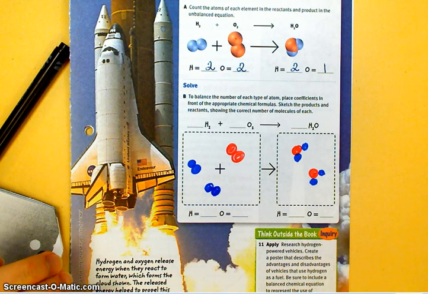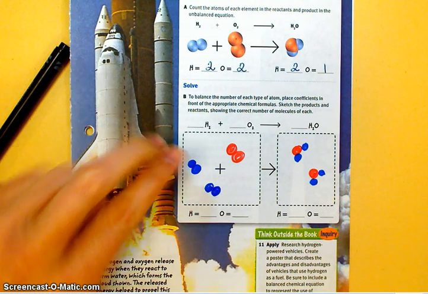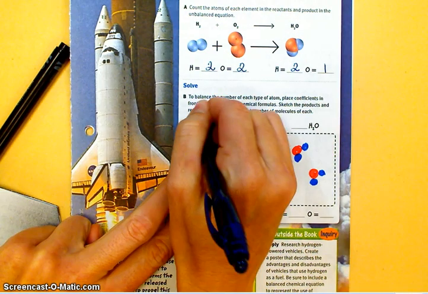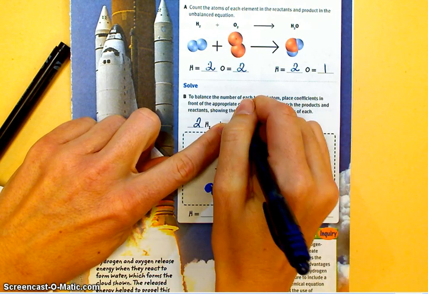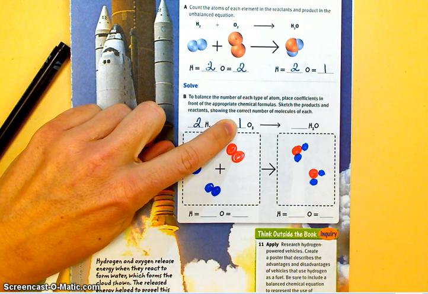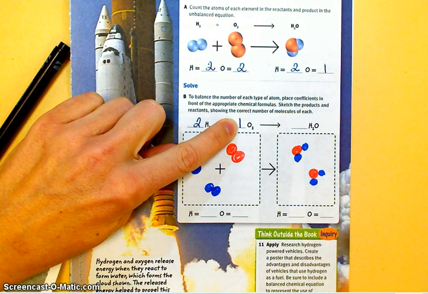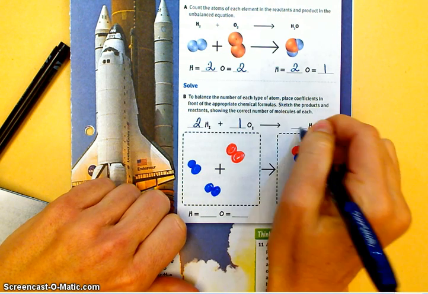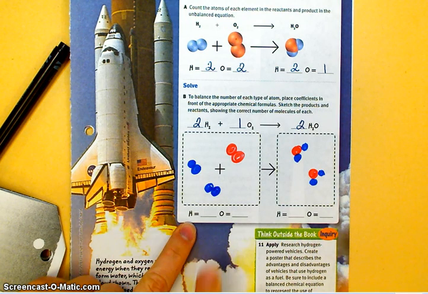Everything is accounted for. So my coefficients, I have to have 2 molecules of hydrogen, 1 molecule of oxygen. And honestly, you wouldn't write that coefficient. You would just leave it, because coefficients of 1 aren't written. And then I have 2 molecules of water. Okay? If I break it down and do it